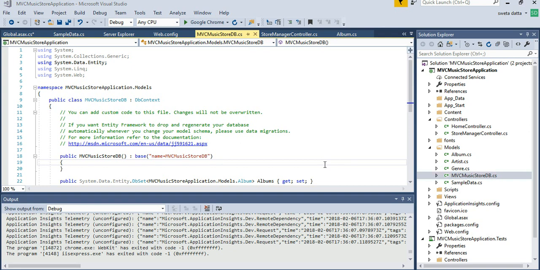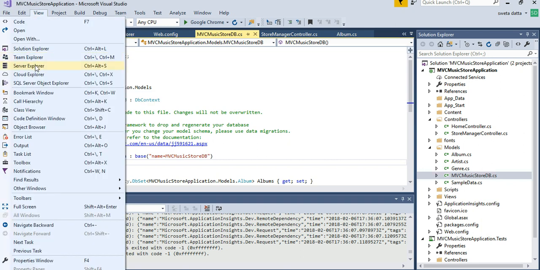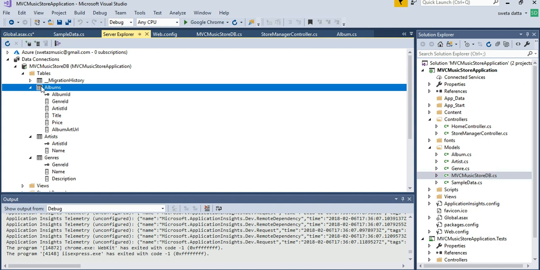We saw that the default behavior of MVC is to create a database if it does not exist. We also went to the Server Explorer to see the database definition as soon as we started the application and called for the store manager. Because we said create a database if it does not exist, it created the database. Then we went and added some values to this database from Server Explorer, right?